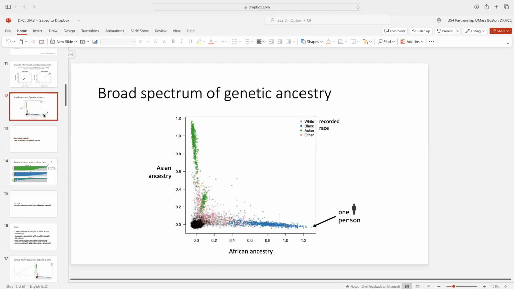So yeah, I think you actually see it even in this principal component analysis, this cluster over here are actually South Asian individuals who get projected into a slightly different space. And then in the clinical data, they're just labeled as Asian. And then a clustering algorithm wouldn't really know necessarily what to do with them.